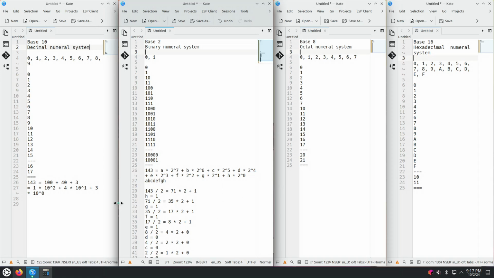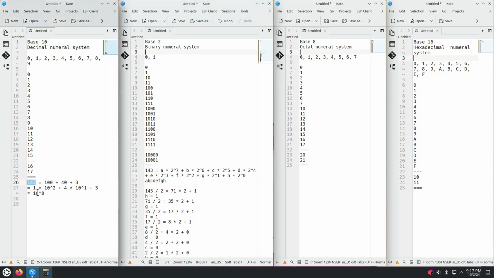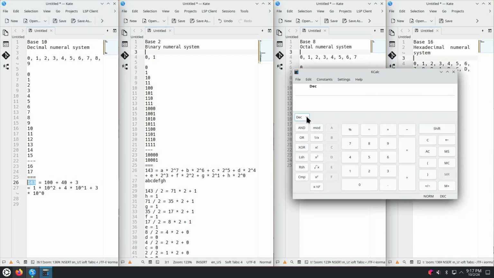Okay, so we actually want to go from this value, which is 143 in base 10, the decimal numeral system, to base 2, which is the binary numeral system. So we switch to decimal from this combo box, we type 143, and there is no need to switch to the binary mode. It actually automatically computed the binary